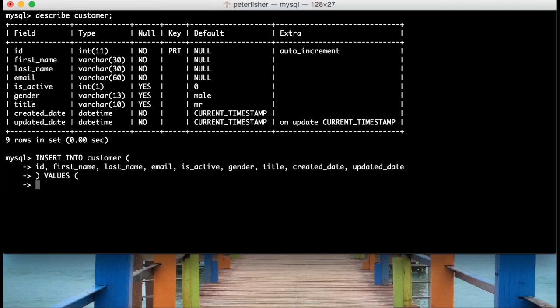So for example, the first value here will be the ID. As it's an integer of 11, I'm going to just put in 1. And then the next one is the first name. Now the first name is varchar with a size of 30, so that needs to be in quotes. So I'm just going to have Peter, and then last name is Fisher. Then what have we got? The email,